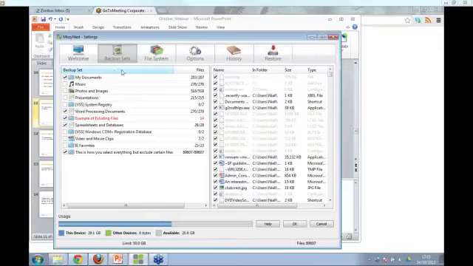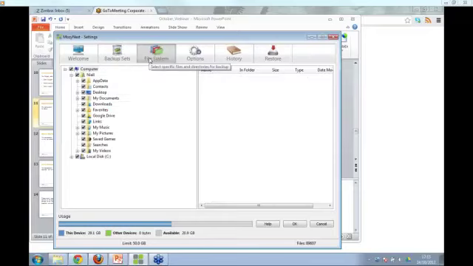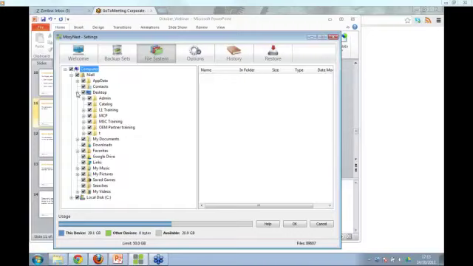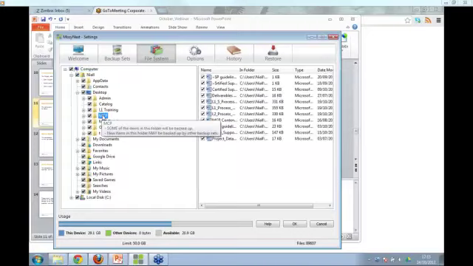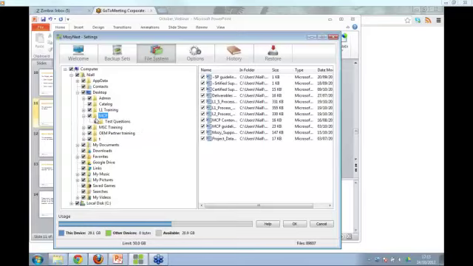Whereas, as I was saying a while ago, if you don't have an entire folder selected, for example on this folder here, as I have everything selected in there and I have the entire folder selected, anything I add in later on into this folder will be selected. So if I create a new Word document now and put it into this folder, it would be picked up and backed up. But if I didn't have that folder selected,